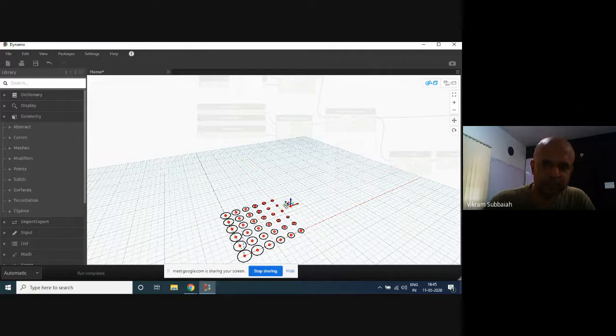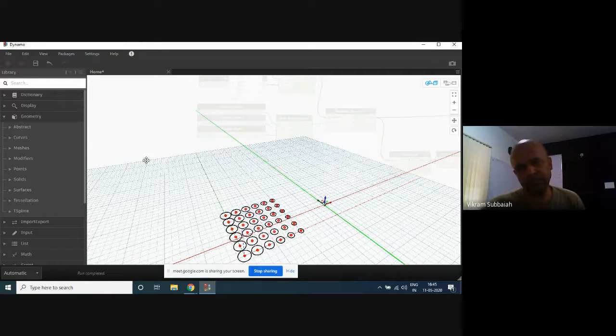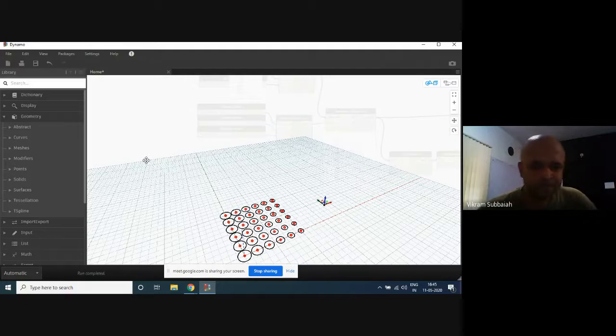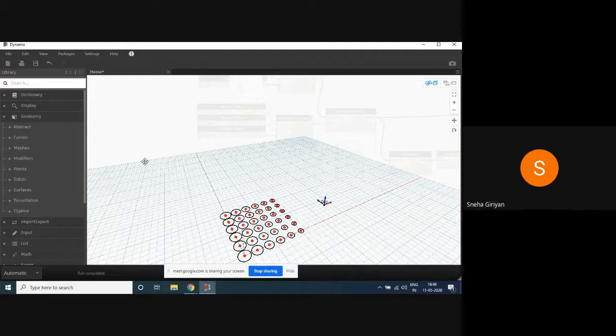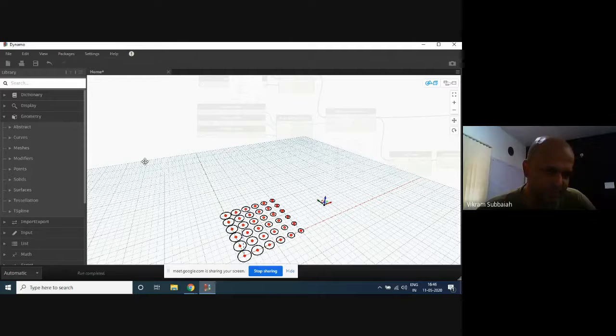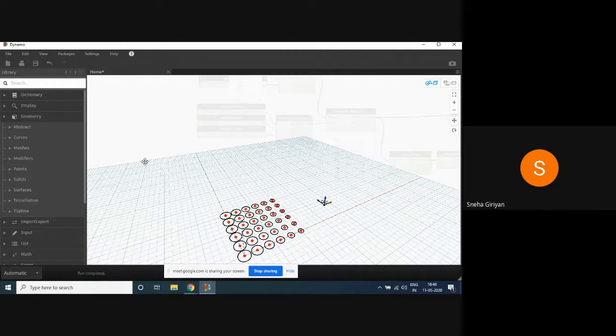So basically, the dimension of the circle varies based on where this point is. Okay. Yes, sir. This made sense. Yes, sir, we understood.